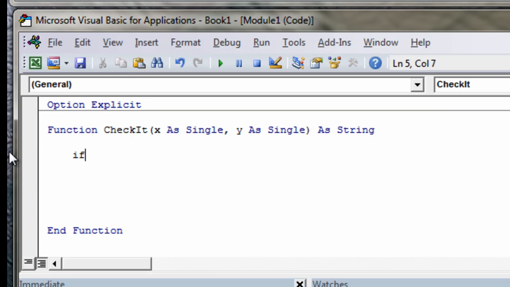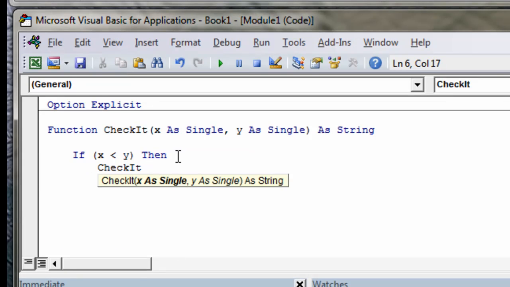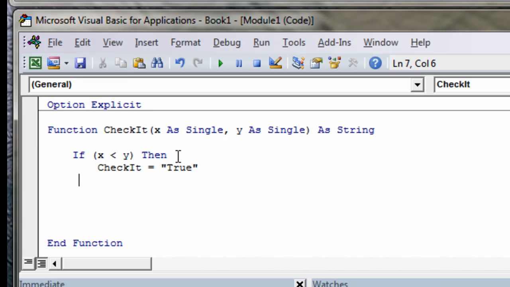Okay, so if, in parentheses, x is less than y, close parentheses, then CAD return tab, and you're going to have to use the name of your function because you're going to be returning through this function back up to the higher level spreadsheet. So we'll Control C there, place that in here somewhere, CAD return tab, hit along here, and then check it, equals, quotes, true, quotes. Okay, come back down here, else,